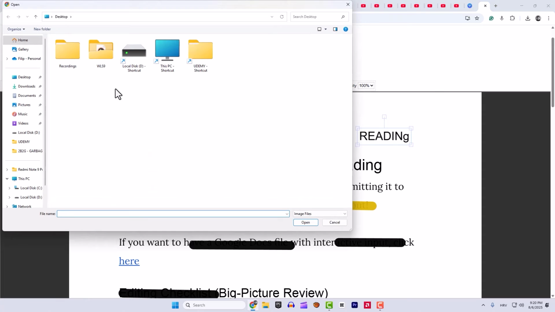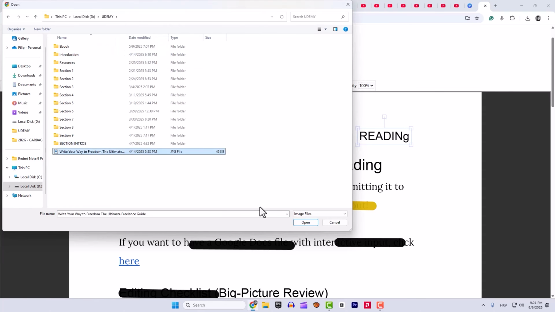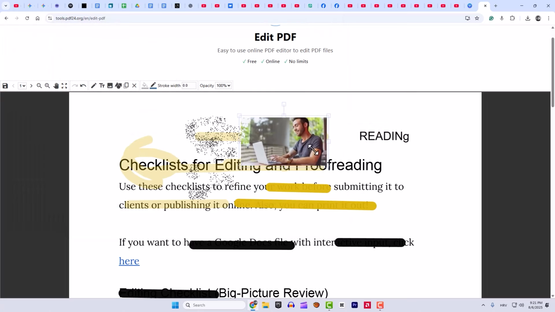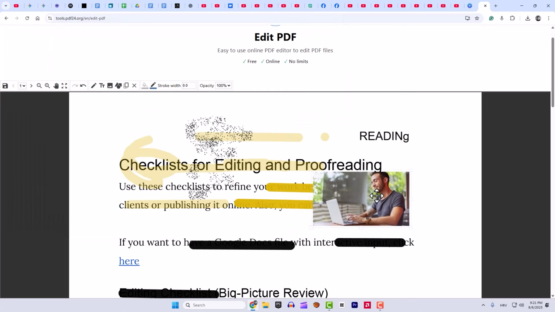After that we can add picture. We can just click here and it will automatically leads us to our desktop, and over here you can, for example, add image here, position it, and edit your PDF file. After that we can add shapes if you want to, for example square. You can put square here, make some nice designs,